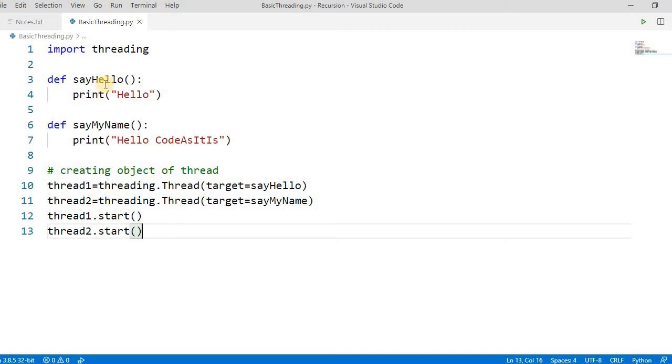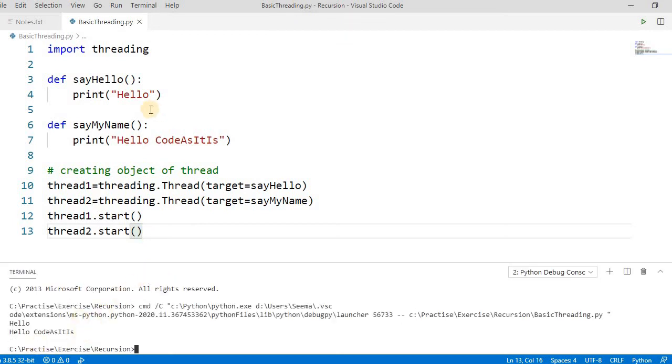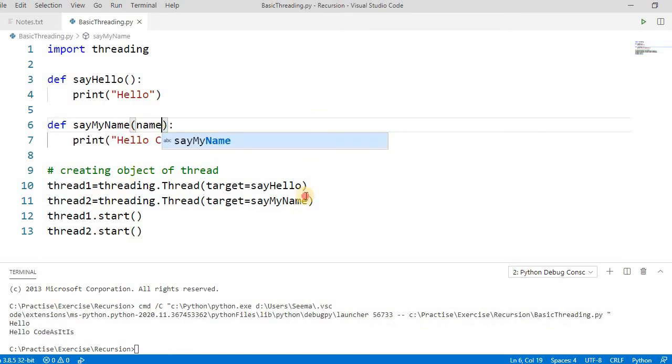By default, because it's a small part, it will go into the hello and then print hello code as it is. Let's run this and try to understand. It's simply running. Okay, we are not able to see anything. Let's try to print this 5 times, or let's first try to understand how to pass the parameters. So let's pass here the parameters like name. Okay, and how we can pass. So now we will not write a fixed value here. We can get the value from the users or the runtime by passing to the thread, right?